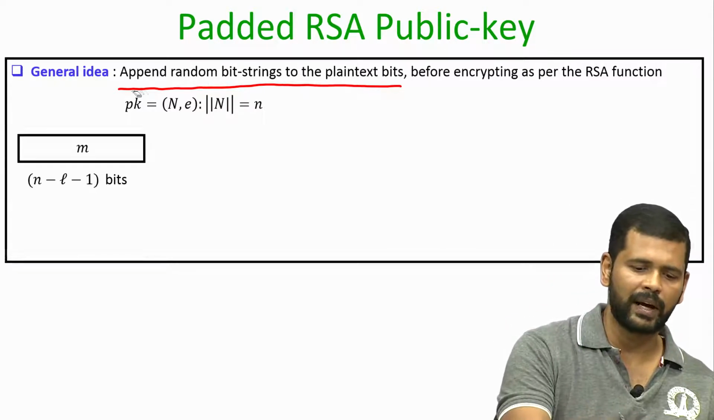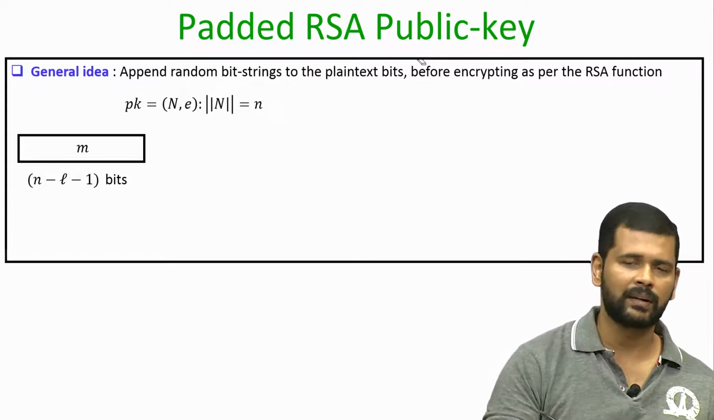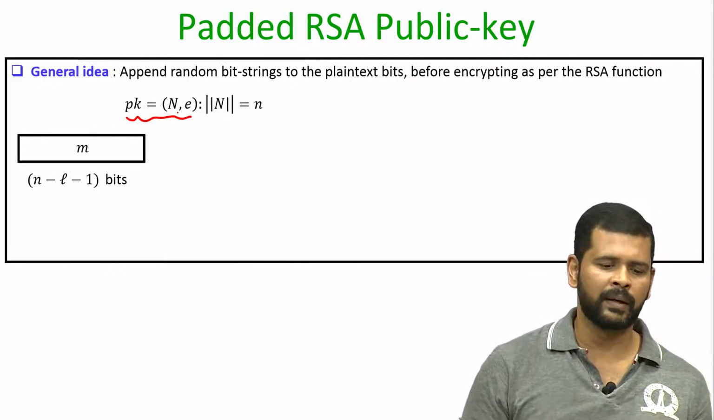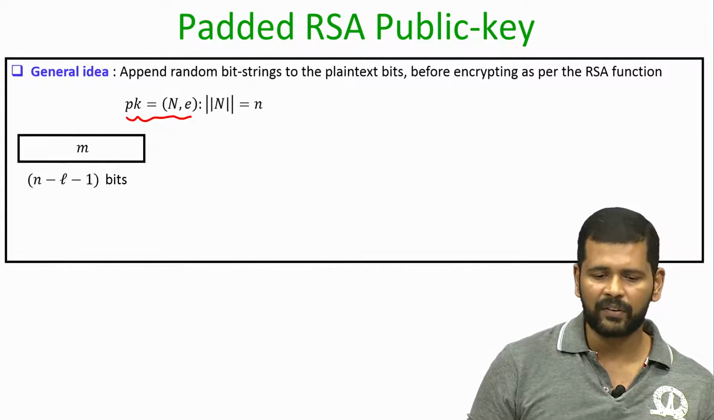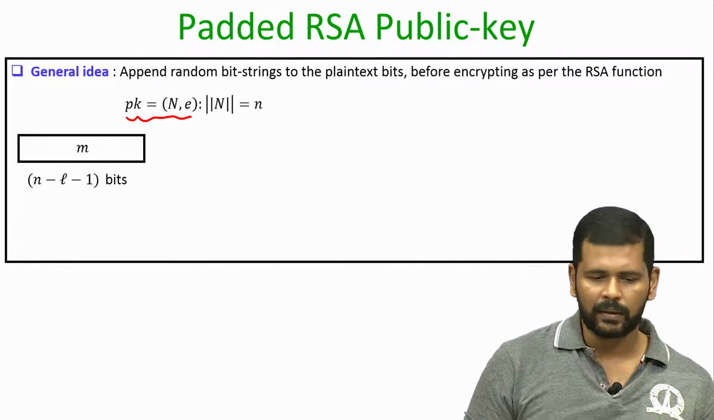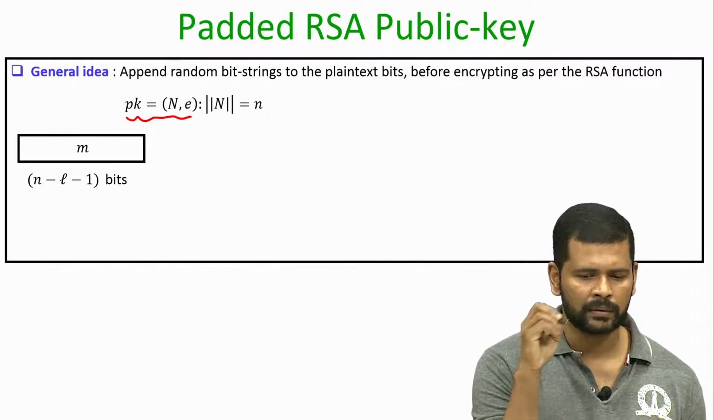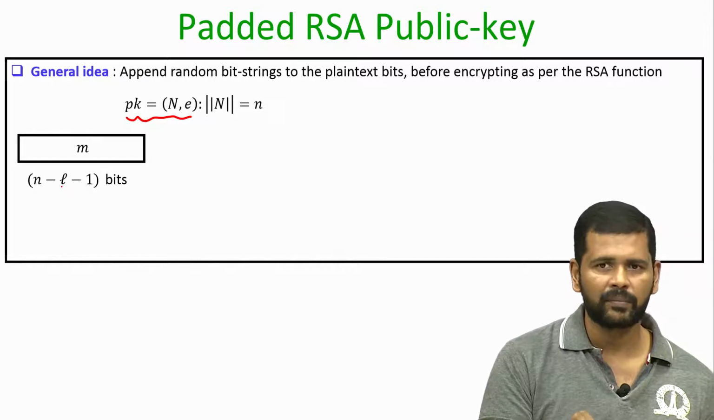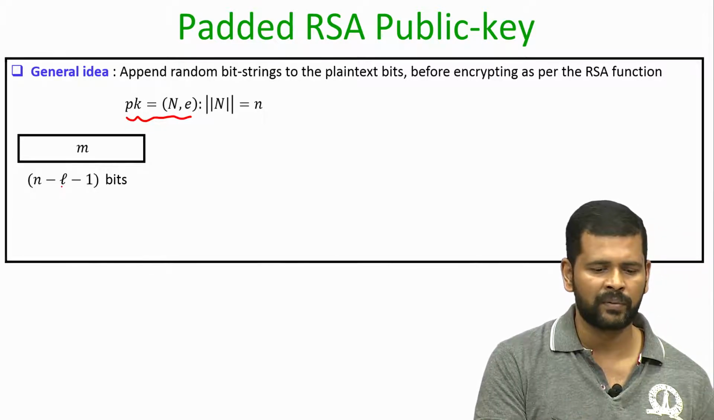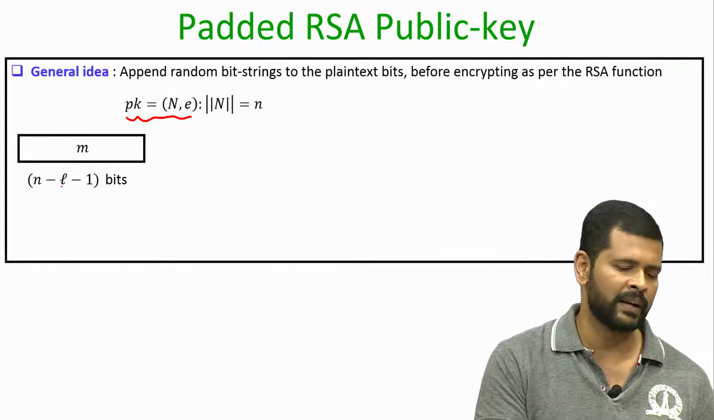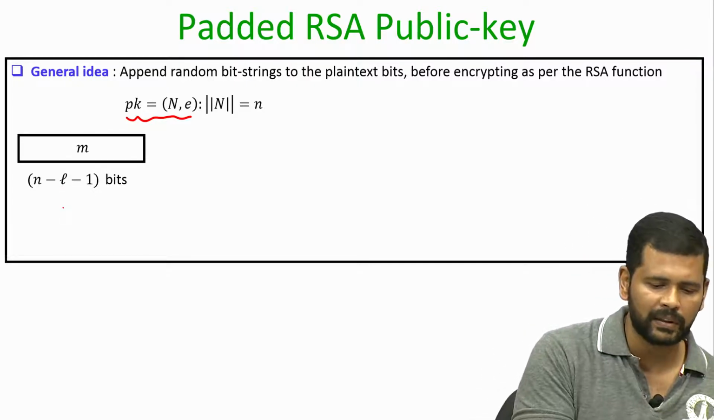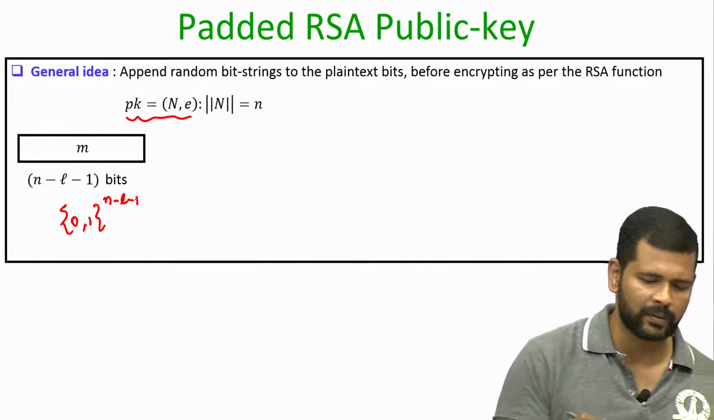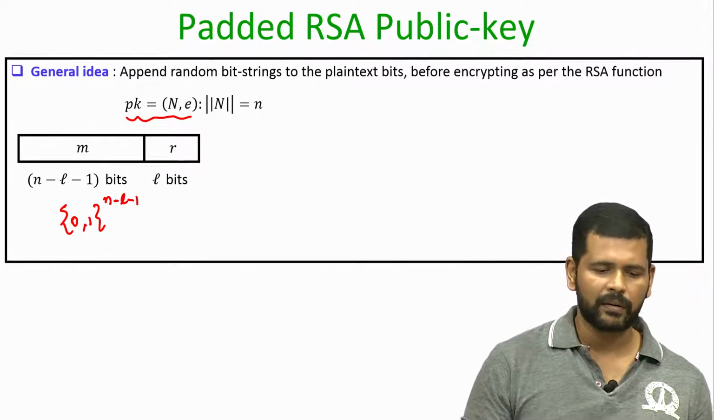So, pictorially what we are trying to do here is the following. Imagine that a receiver has done the public key setup, it has made its public key n comma e publicly available, where the size of the modulus big N is little n bits. Then the padded RSA encryption process will take another parameter little l, and the size of the plain text which it will support will be n minus l minus 1 bits. That means you can encrypt any message in the set 0 comma 1 raised to power n minus l minus 1 bits, and the remaining l bits are